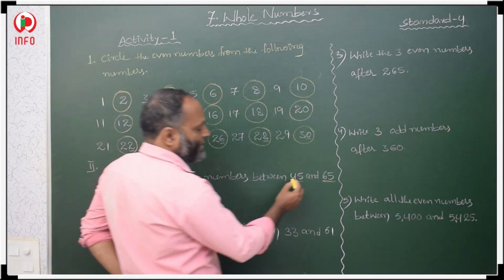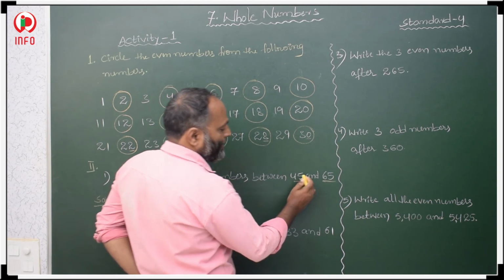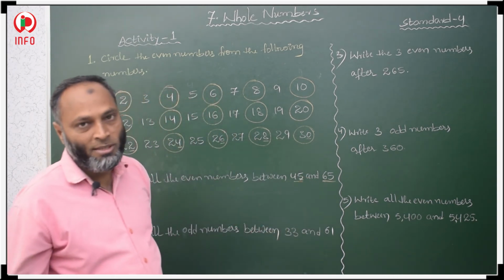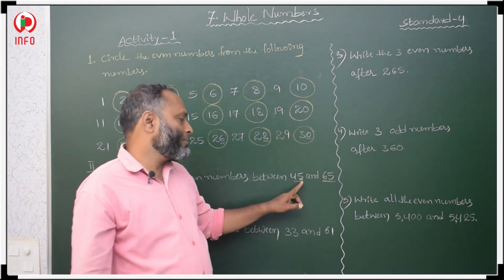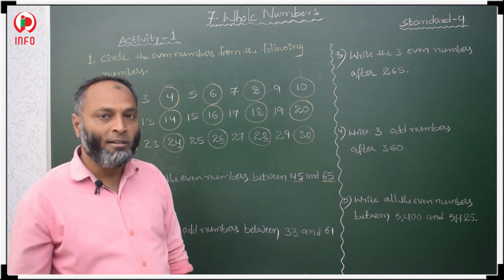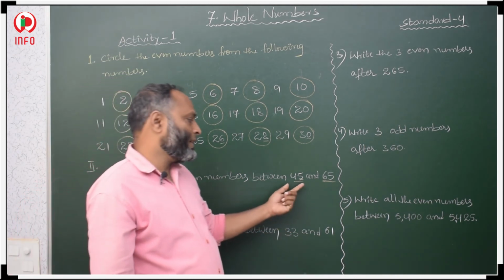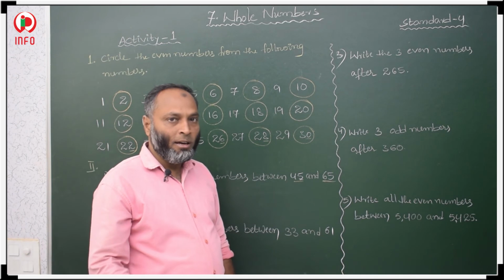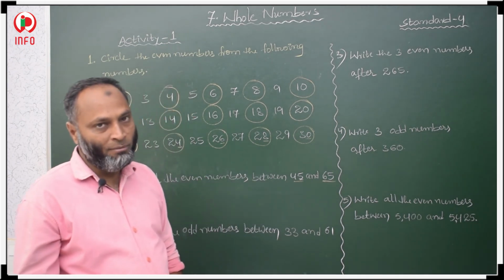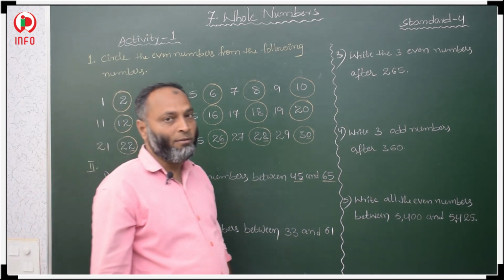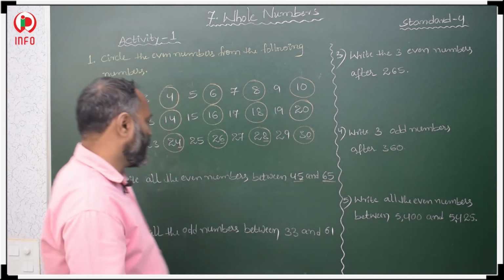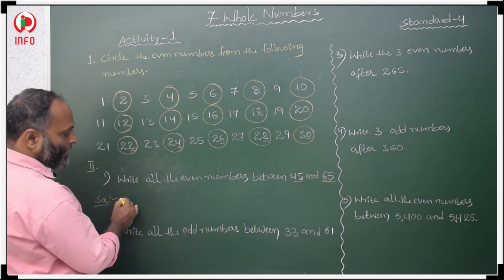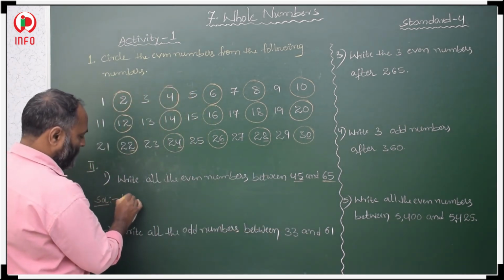45. See here, what is there in the unit place? In the ones place or unit place, same thing only. In the ones place 5 is there, this is an odd number. 45 is an odd number. After 45, whatever number will come, that is an even number. After 45, 46 will come. So here, even